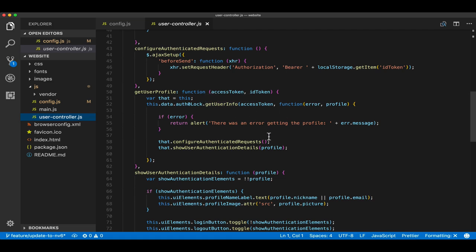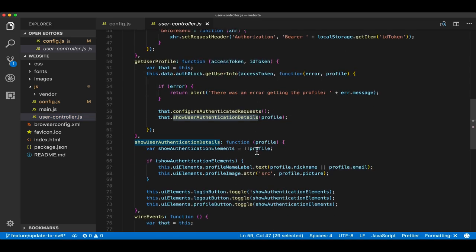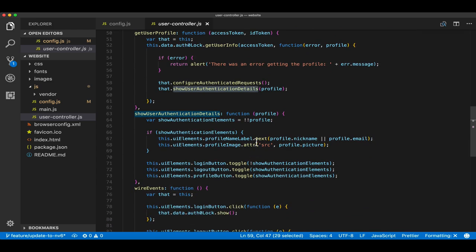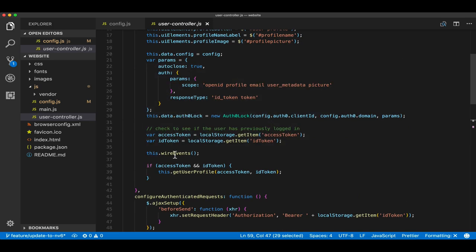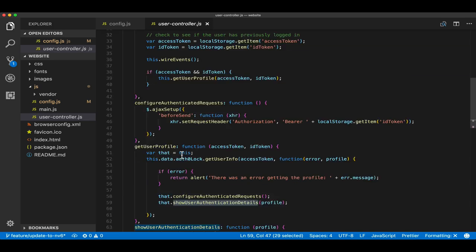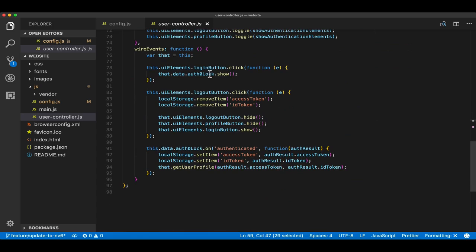When we've got information about the user through the profile, we're actually passing it to this method, showUserAuthenticationDetails. What that does is it just displays the profile information, the image, and it allows you to toggle the states of the buttons like the login, logout, and the profile. In the init function, we also wire events with this function here, wireEvents. And all that does is it actually hooks into each of the UI elements and allows you to use them